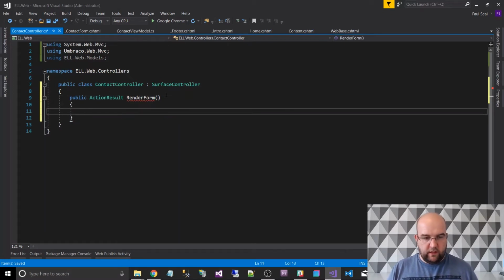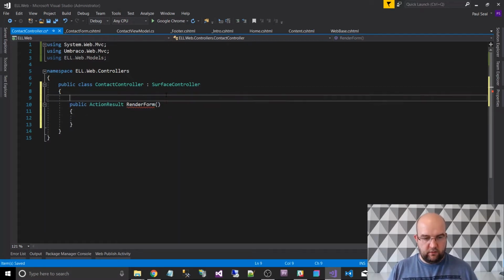So in this one, what it's going to do is it's going to return the partial view with the form in it. I'm also going to do a little method to help me get the path of the partial view. So if I do, it's called public string GetViewPath,